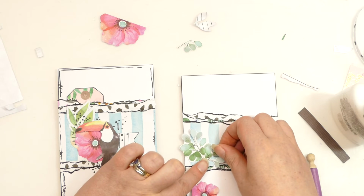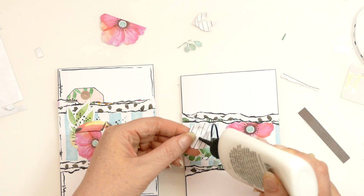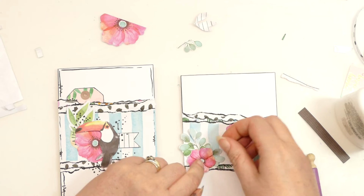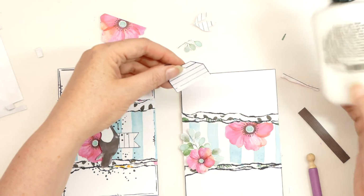And then I really like the way the tag looks there. But as I said, the ones that I've got left are cream, and that wasn't working for me. So what I've actually done is I have created a fake top out of some of these papers. And the trouble is, now I've done that,